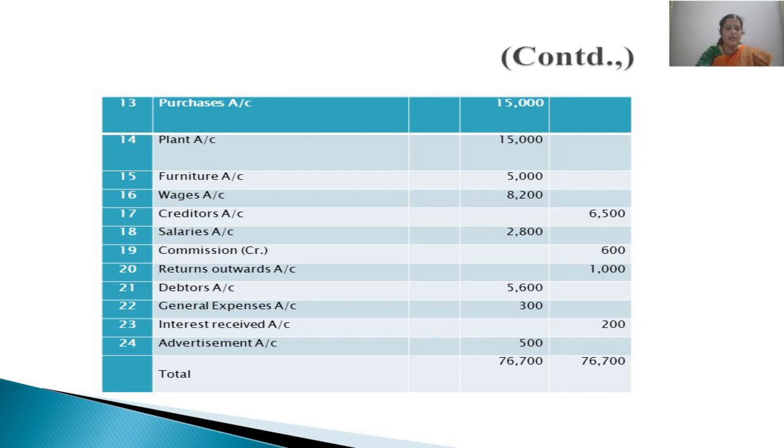Have clarification on this. Debit expenses and losses, credit incomes and gains. And interest received is an item of income for you, credit that. And advertisement: if you are spending on advertisement of your company, the products or services, it is an item of expense for you. So you have to write it undoubtedly on the debit side.